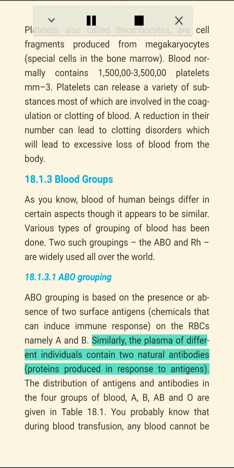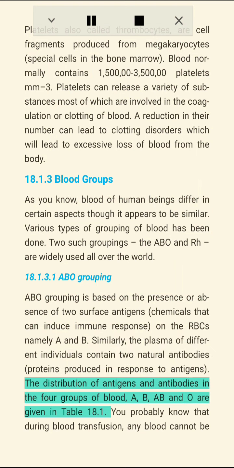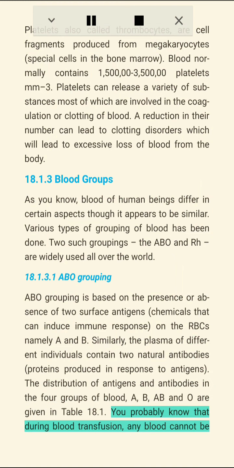18.1.3.1 ABO grouping. ABO grouping is based on the presence or absence of two surface antigens, chemicals that can induce immune response, on the RBCs, namely A and B. Similarly, the plasma of different individuals contain two natural antibodies, proteins produced in response to antigens. The distribution of antigens and antibodies in the four groups of blood, A, B, AB and O, are given in Table